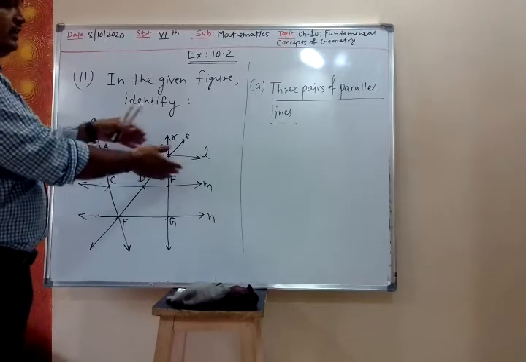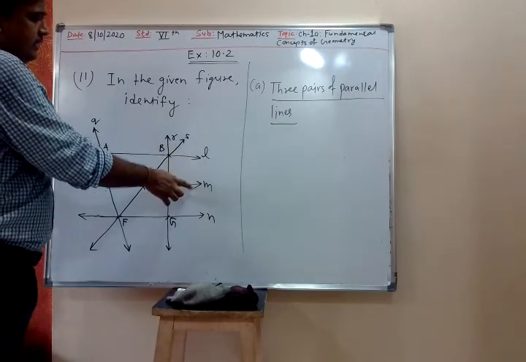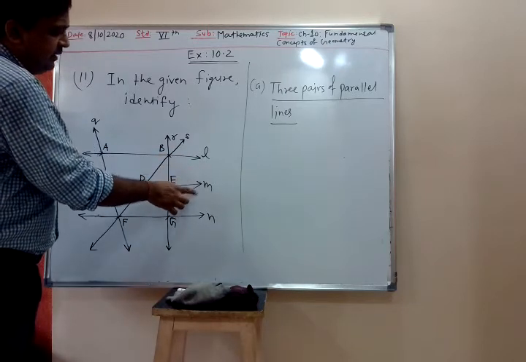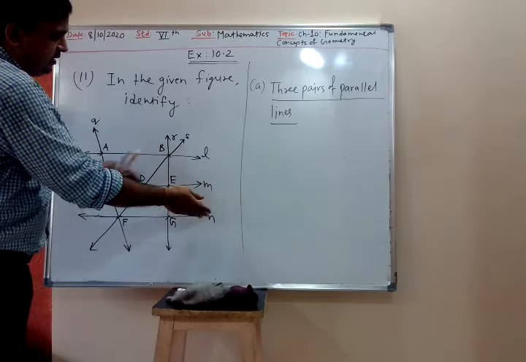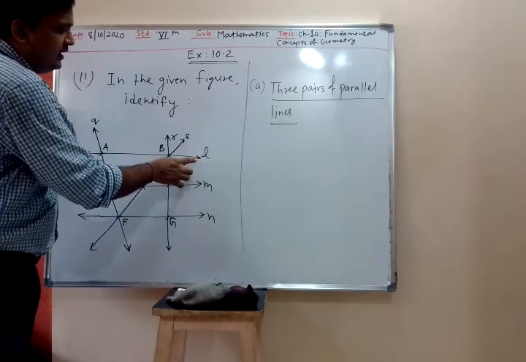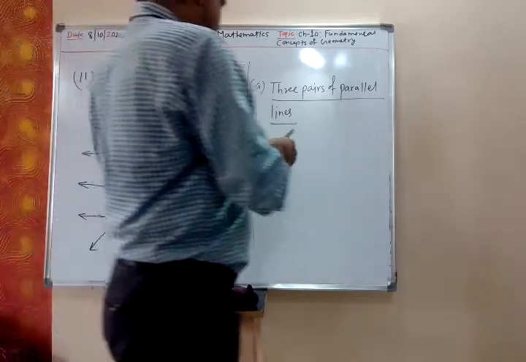They do not intersect each other. So L and M, they do not intersect. So L is parallel to M. Then M and N, they are also parallel because they are not intersecting. So M is parallel to N. So 3 parallel lines are L, M, N. So we write